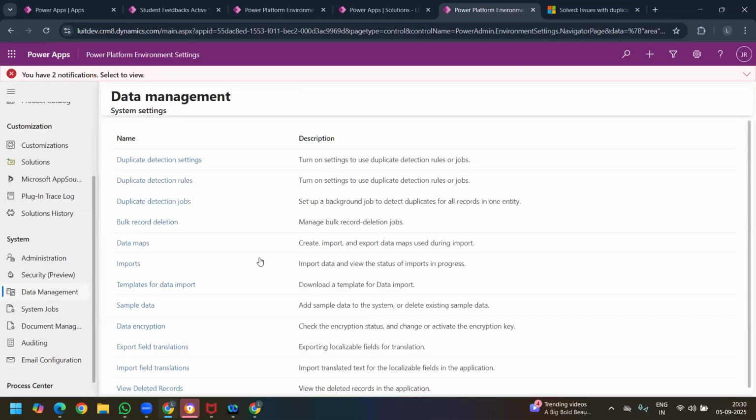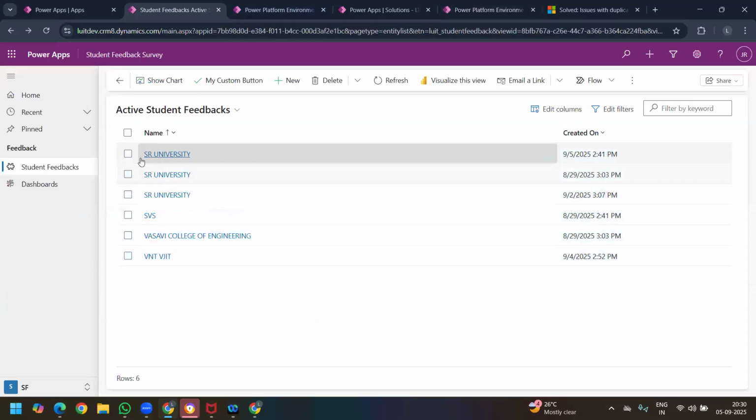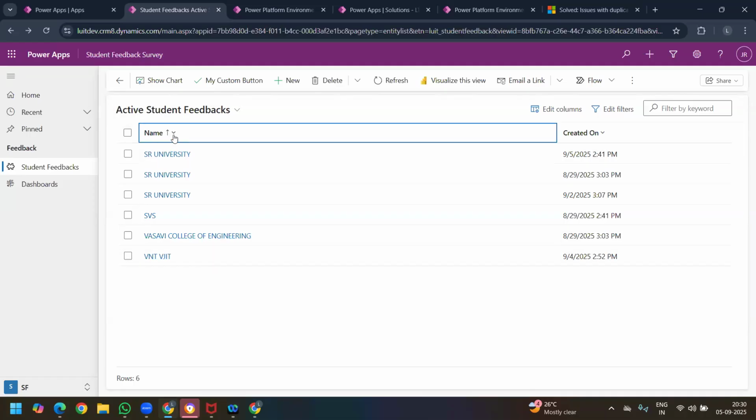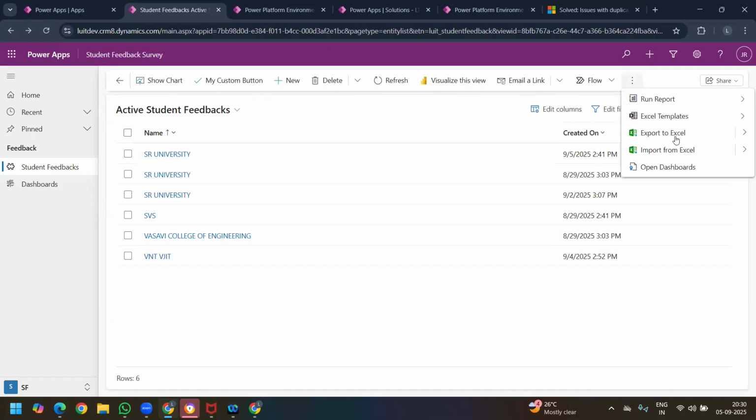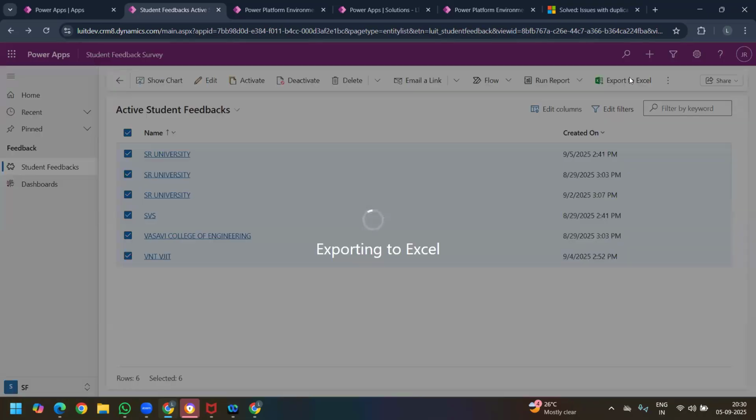Now we have seen data management, the fourth one, and next, the data methods. So far, you have been creating entities and records from the UI. Suppose I want to create records from the backend, or export this record data out of CRM. For that purpose, we have Excel import and export to Excel options. Export to Excel means whatever records you select here will be exported to Excel and downloaded to your local machine. If I click like this,